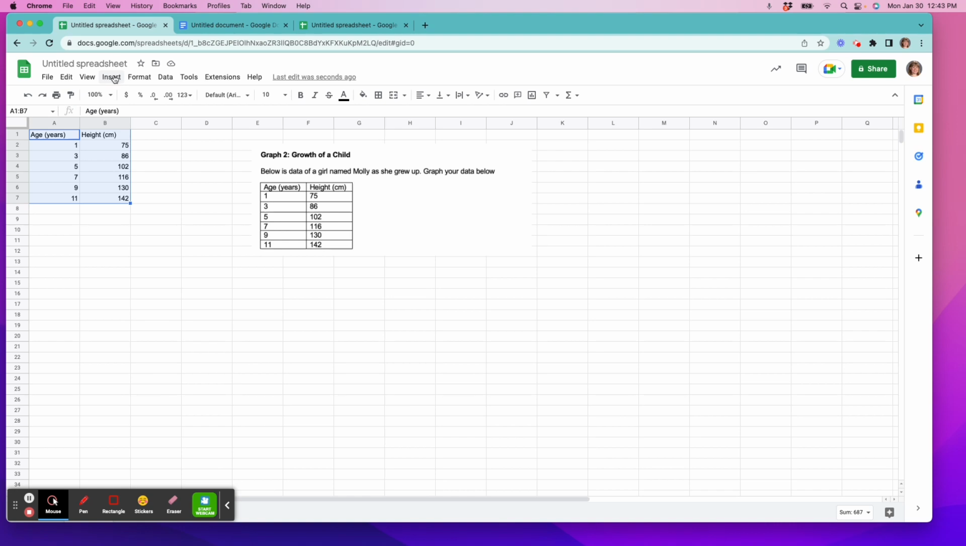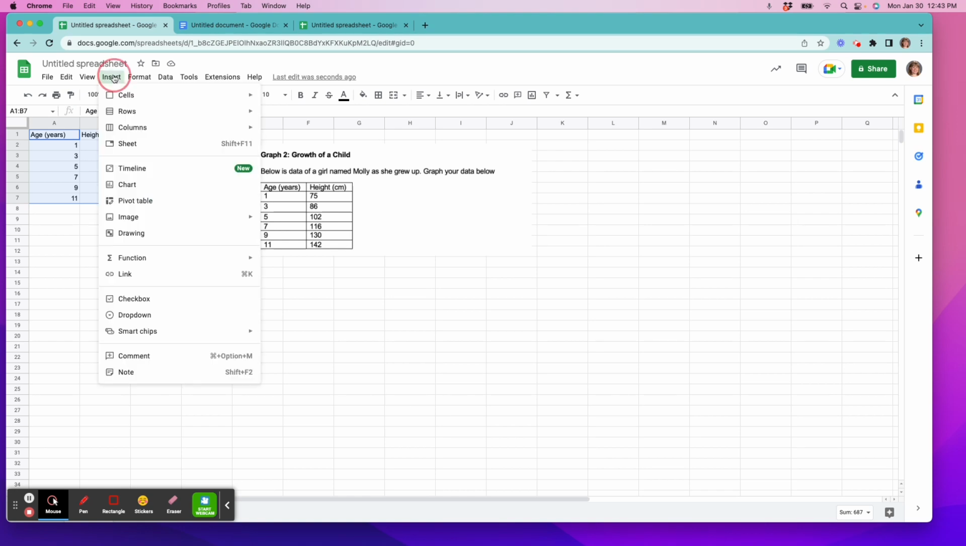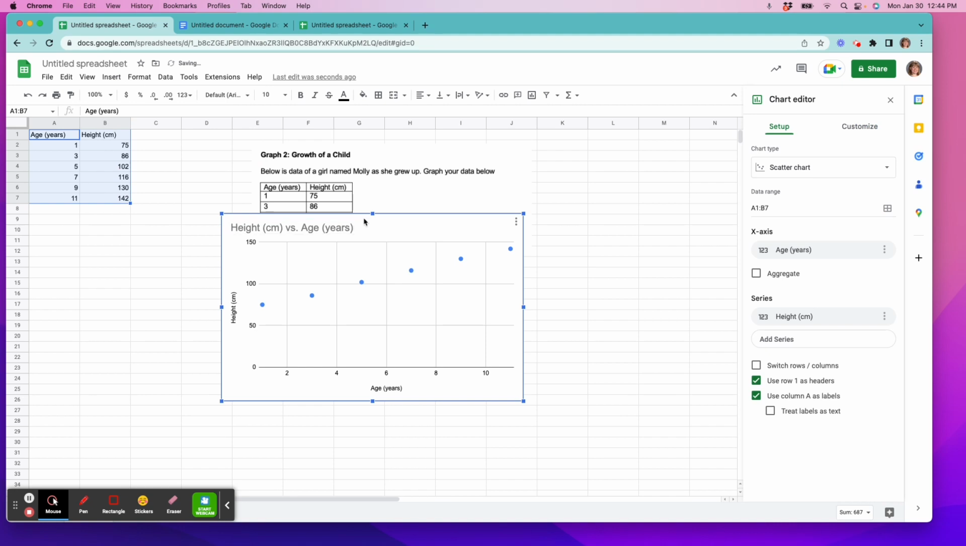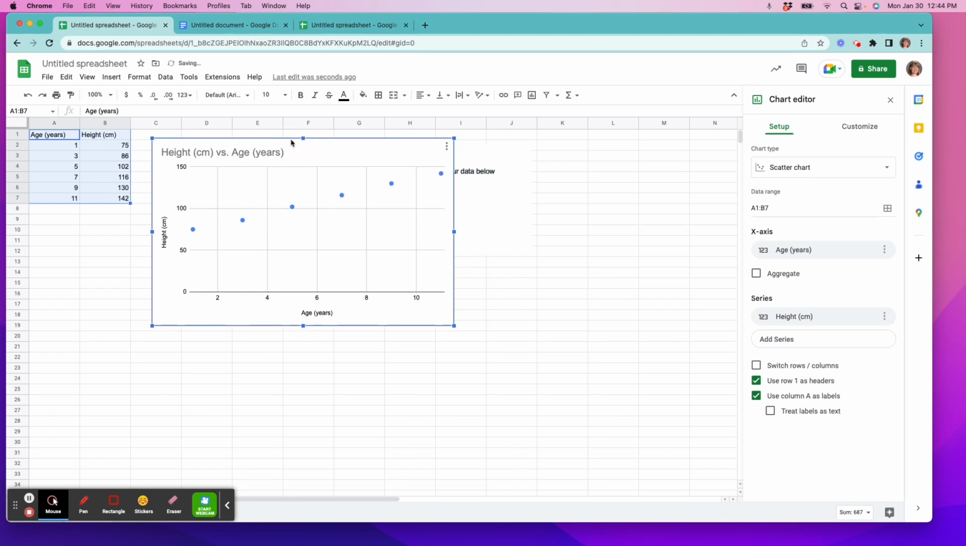Then we're going to have a lot of quick clicks here. We're going to go to Insert, Chart. Mine came up pretty quick, but sometimes at school and on some of your Chromebooks, it takes a little longer for this to process and come up, but it will. You get a graph that looks like this. Occasionally, you won't have a scatter plot. It will do it as a bar chart. That can be edited